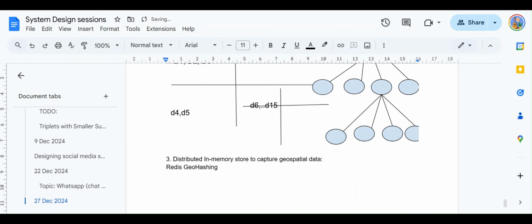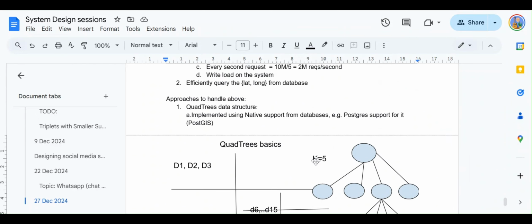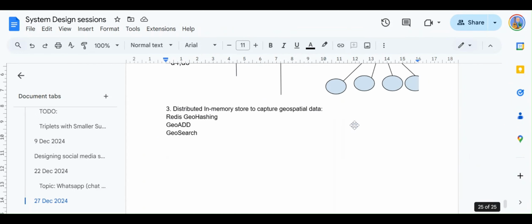And as I said, Redis provides multiple commands, like you could add a new location using GEOADD. You can use GEOSEARCH. These are inbuilt capabilities. You don't need to know about all of this, but if you know about it, it's good. For a staff level candidate, if you are able to talk about all of this, it's a very, very positive sign. For a senior candidate, it's not expected. Even if you have just discussed till the quadtrees, it's good enough.